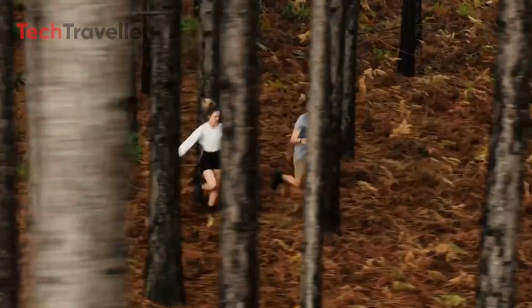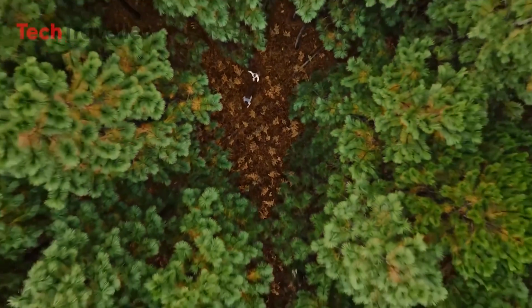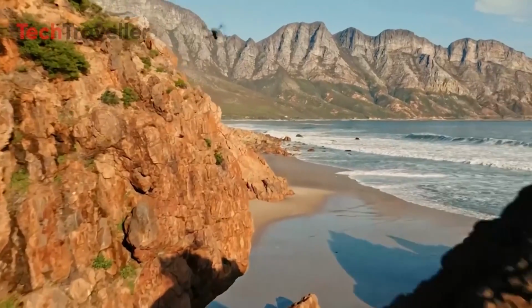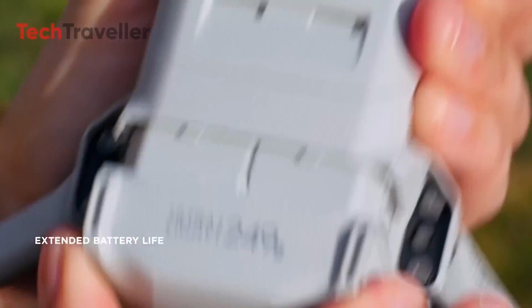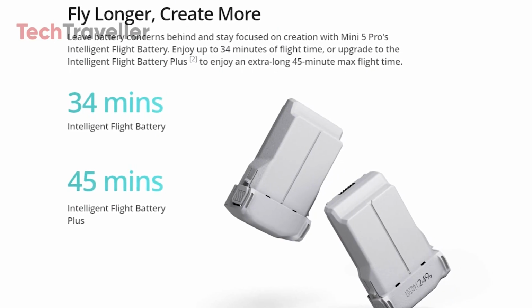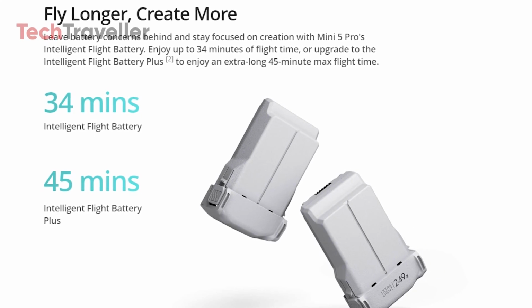Flight time is another critical factor for drone enthusiasts, and it's an area where users are hoping to see improvements in the Mini 5 Pro. The Mini 4 Pro, despite being equipped with the Intelligent Battery Plus, saw only modest gains in flight duration. However, the Mini 5 Pro is expected to offer at least 40 minutes of flight time per charge, which would